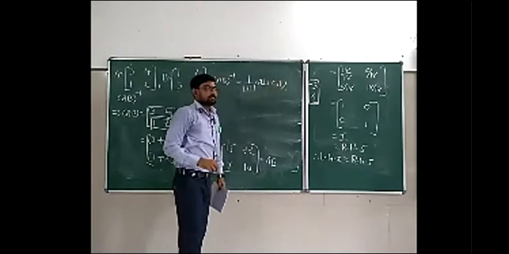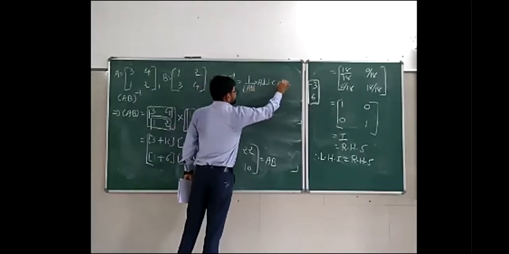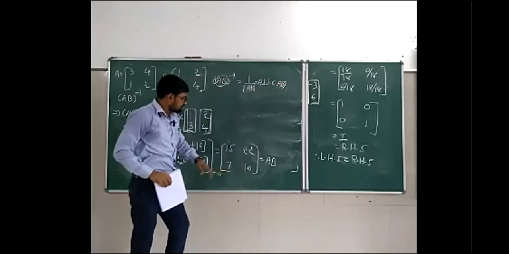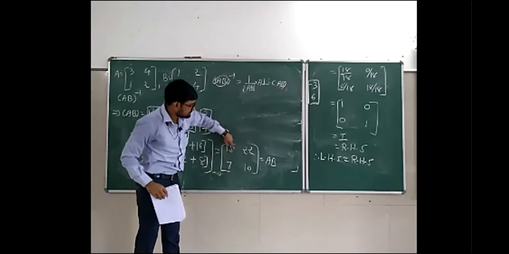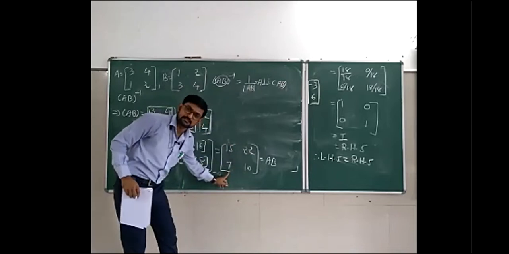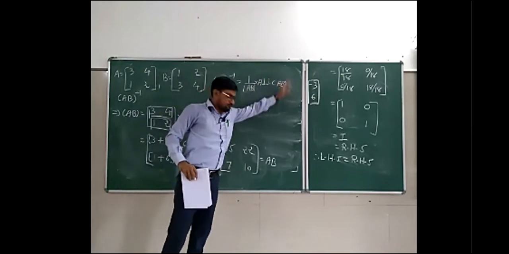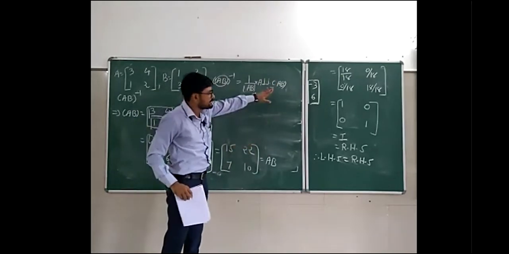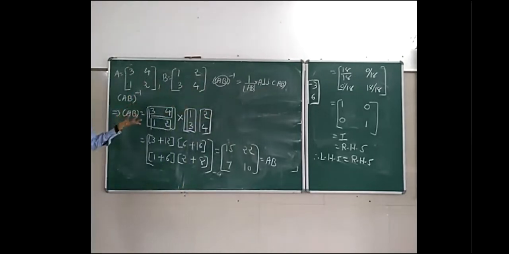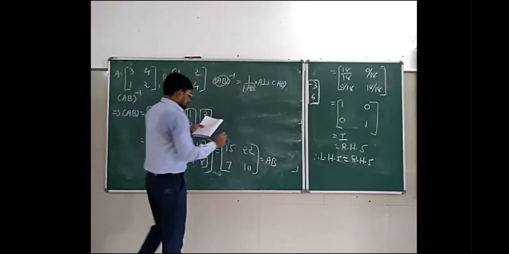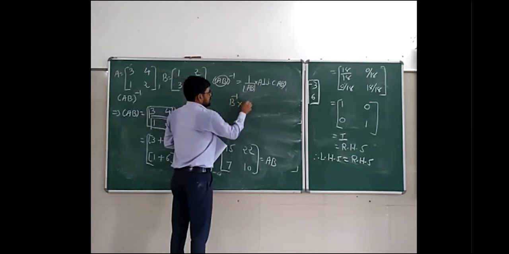Clear? Now here, what you are given? AB. So we'll write AB, AB. So first, find the inverse of this matrix. Find the determinant of this. Multiplication of diagonal minus multiplication of non-diagonal. And write down here. Then find the adjoint of this matrix. That is AB. And that is your answer of LHS. Clear? Then on the right hand side, you have to find B inverse into A inverse.